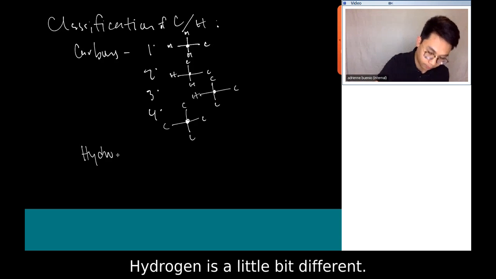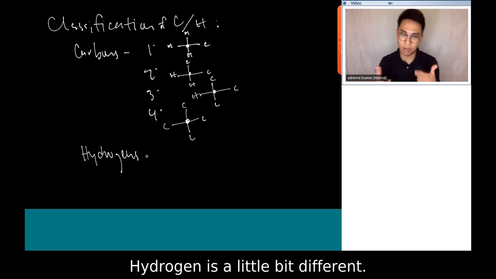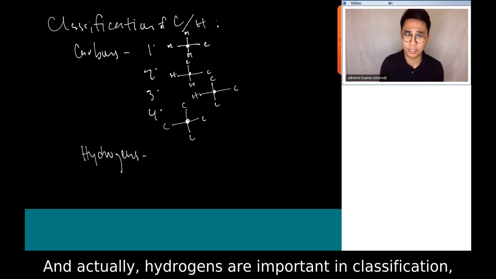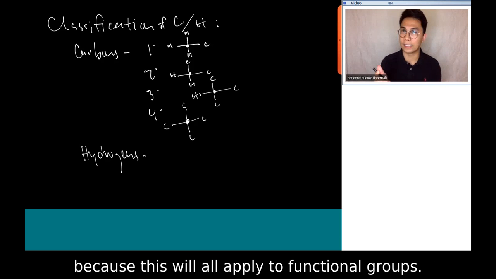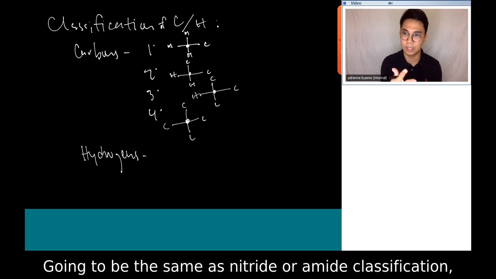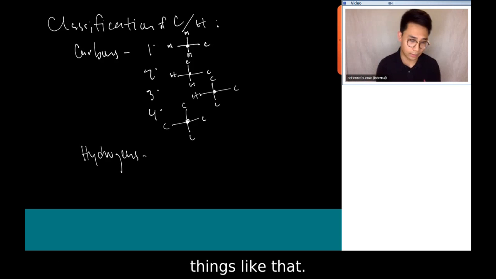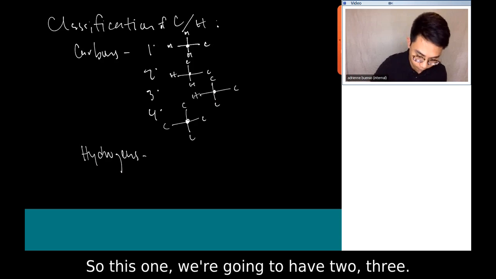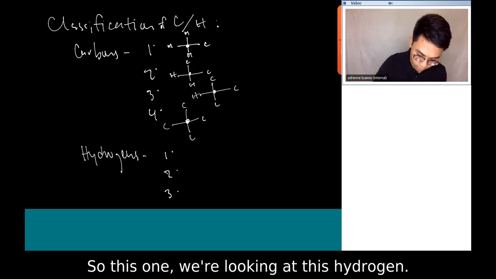Hydrogens is a little bit different, and hydrogens are important in classification because this will apply to functional groups. So hydrogen classification is going to be the same as nitrile or amide classification, things like that. So see this one, we're gonna have two, three. Okay, so this one